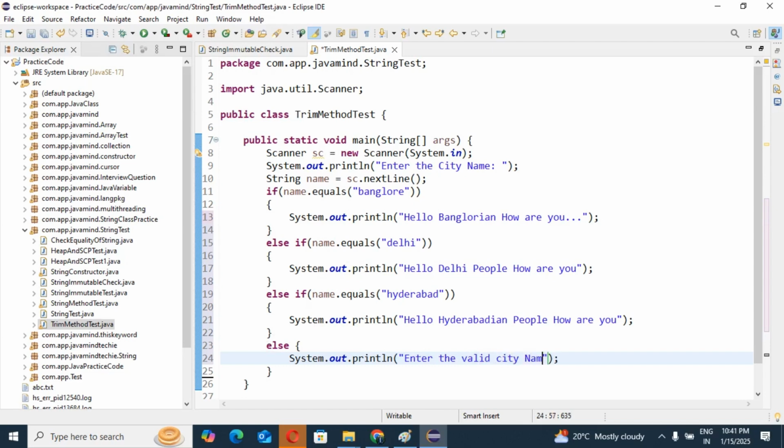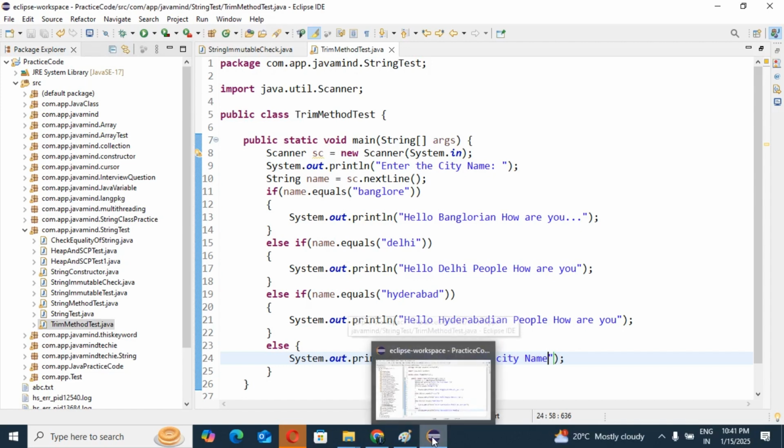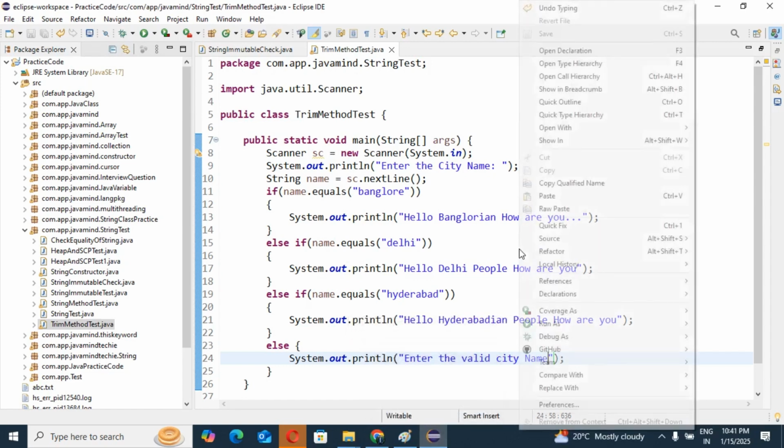Yes or no, guys? Till now, any doubt? I hope you should not have, right? So this is our simple, small program. Now run the application and see the result. What result is coming? First, I will run the application, then we'll see the result, then I will explain the things.